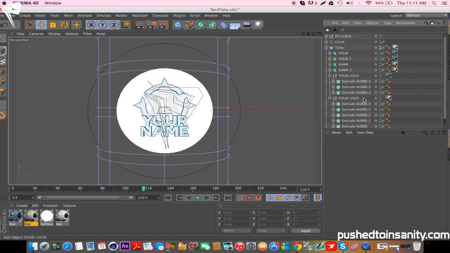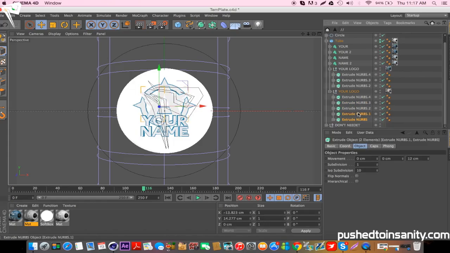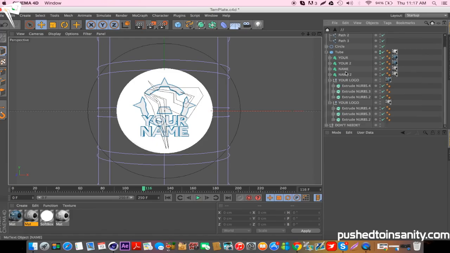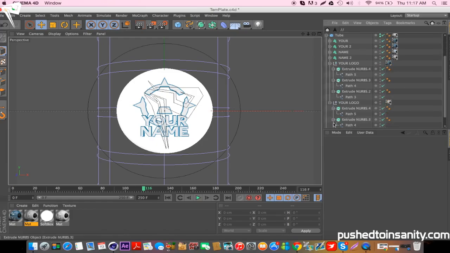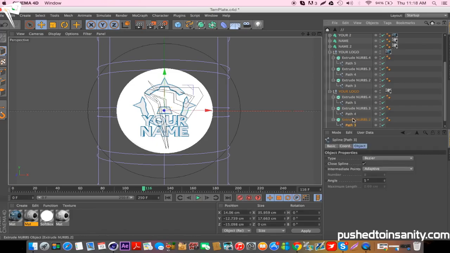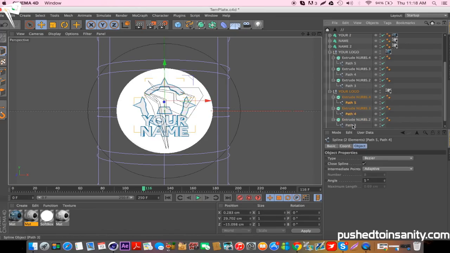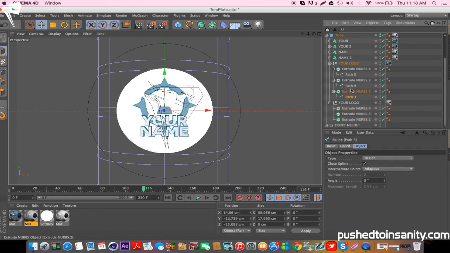I'm deleting two of the parts for each of the logos since my logo only has 3 parts, so I only need 3 each. Now open up these and delete each path. Do the same for the top, and now just